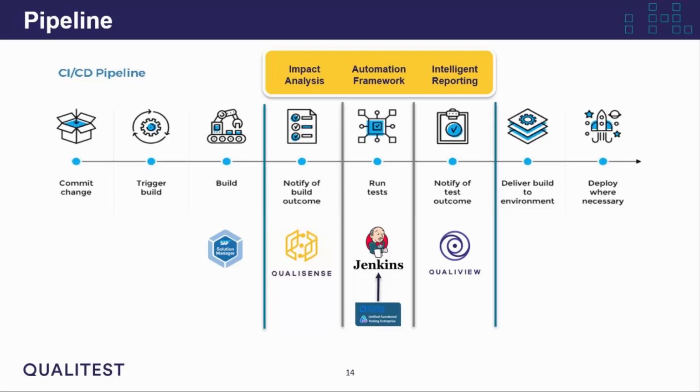Your business process change analyzer, which is a standard feature of Solution Manager, will tell you what objects have changed, where and where. That output and report can then be sent on into QualiSense or any AI tool to identify what is the risk of that change and where do we need to focus the testing. So what needs to be tested and in what priority order, and also when. All of that can be sent and piped into Jenkins.